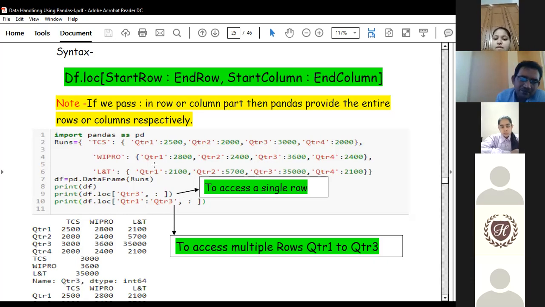It is a simple thing, because when we have mentioned the row range, we have supplied only a single value. So it means only one row will get selected. But with regard to column, we have not mentioned any starting value and ending value. So it means all the columns of the row three will be selected. Clear? You can see it is also mentioned here: to access a single row. So this is the mechanism with the LOC method we have used. Clear? So next is line number 10.